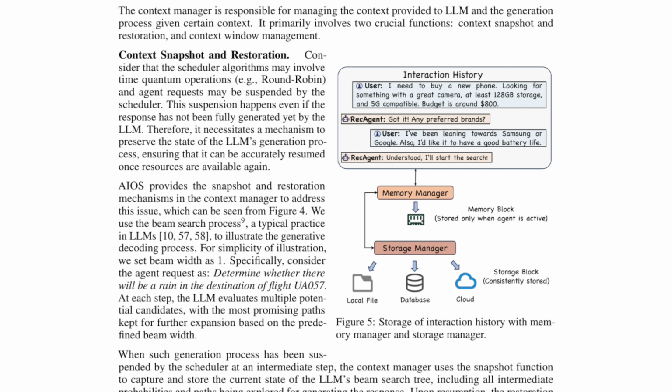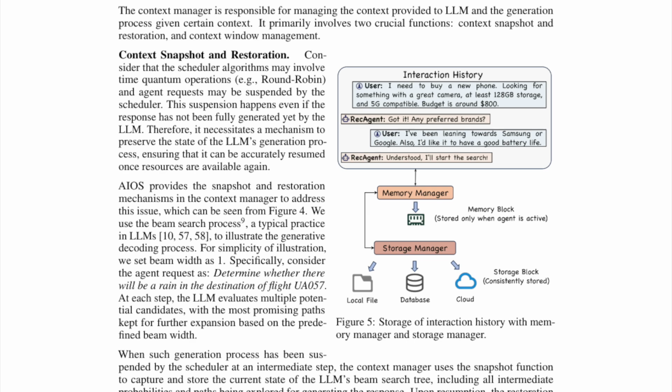AIOS provides the snapshot and restoration mechanisms in the Context Manager to address this issue, which can be seen from Figure 4. We use the beam search process, a typical practice in LLMs, to illustrate the generative decoding process. For simplicity of illustration, we set beam width as 1. Specifically, consider the agent request as: determine whether there will be rain in the destination of flight UA057. At each step, the LLM evaluates multiple potential candidates, with the most promising paths kept for further expansion based on